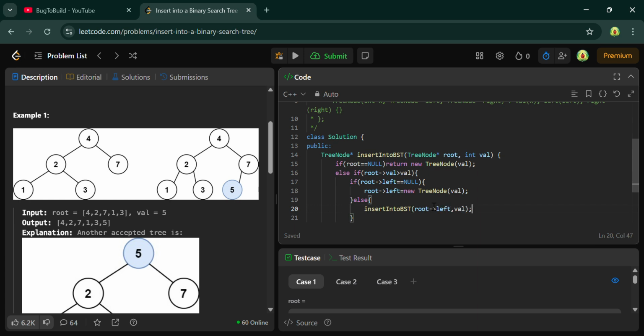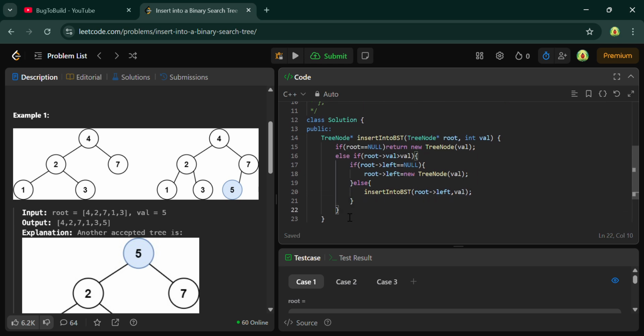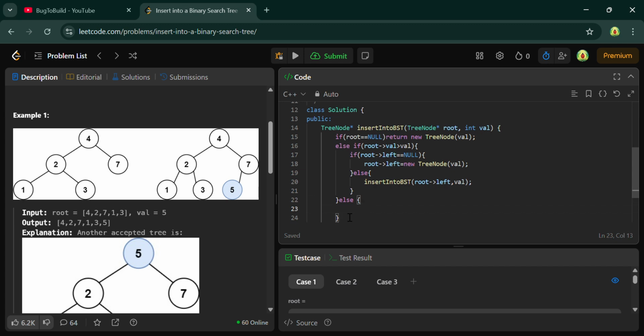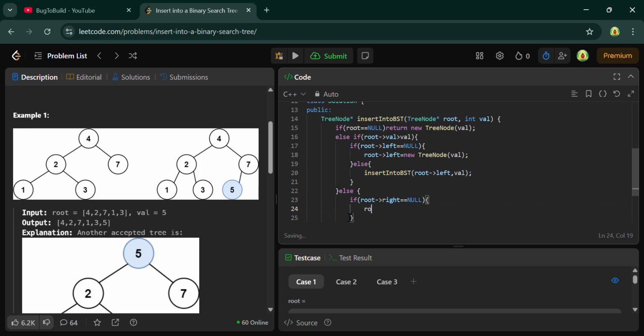After that, if this condition is not satisfied, then we will move to the else condition. If root's right is equal to null, then you just have to set root's right equal to a new tree node with val.